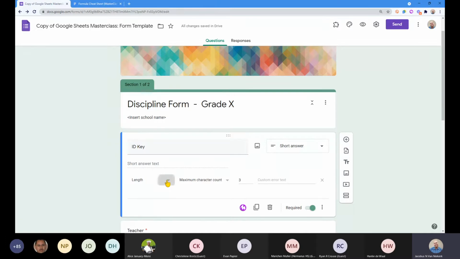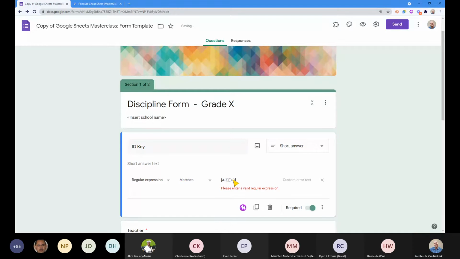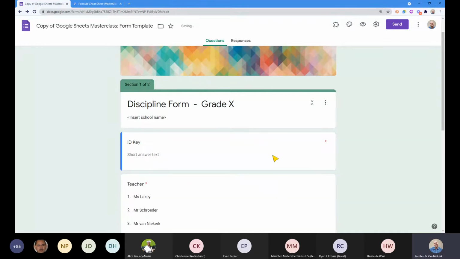But this can be quite complicated once you start understanding the regular expression. I'm not going to go into too much detail here, but the one that I want to show you is I can have a pattern, for example, where I do something like this, 0 to 9. Let's see.